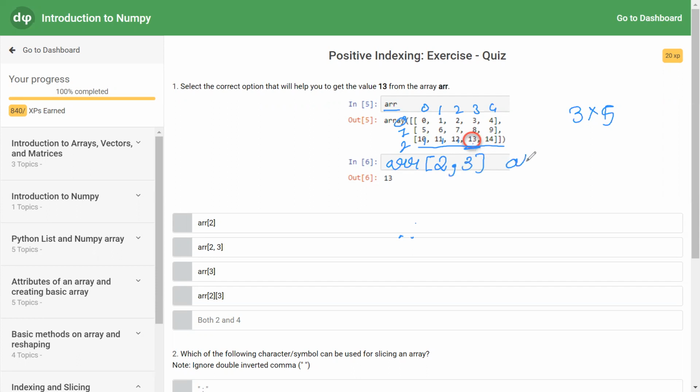The same thing can be written as ARR of 2, 3. This is supported in arrays. So what are the options? This is the option and this is the option. This is 2 and this is 4. So what is the correct option? Both 2 and 4. Move to the next question.